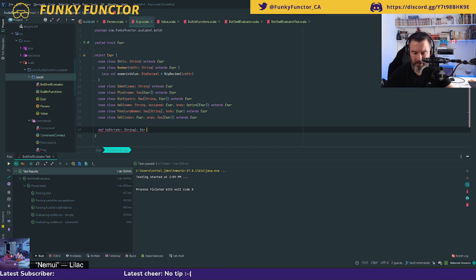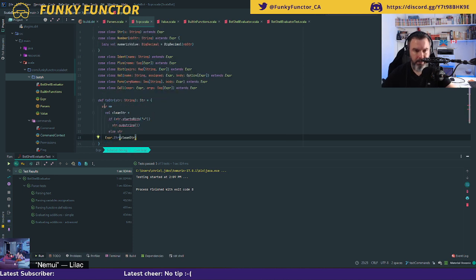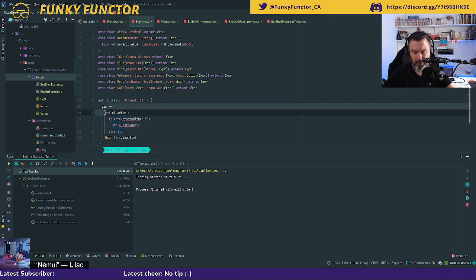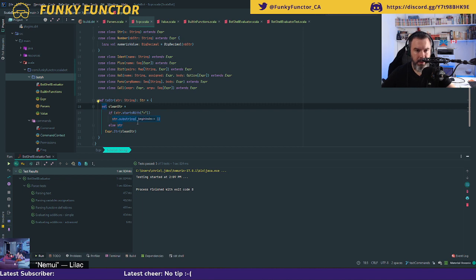So I am taking the string, and I need to transform it into a Str. Basically, what I need to do is just copy this whole thing here. All right. So that's exactly the same. Now I need to call this toStr.